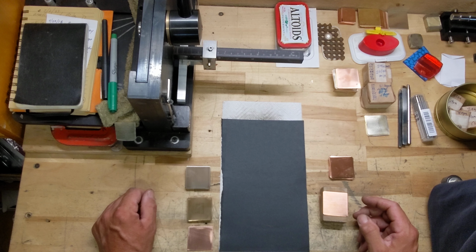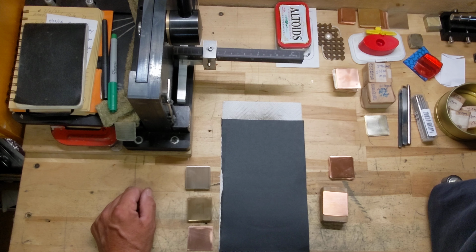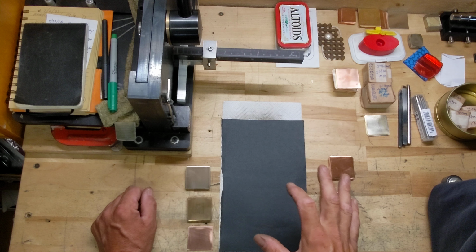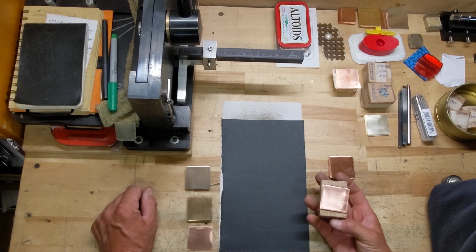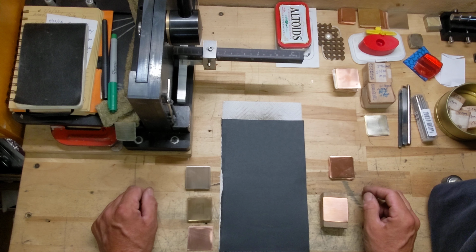The first thing I want to do is directionally sand each surface, and that can give me a uniform look so I can see if there are any imperfections such as deep scratches or pits. I like to buy my metal from Rio Grande because it's packaged in cardboard, so that way it's pretty clean